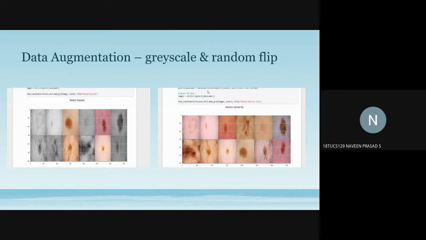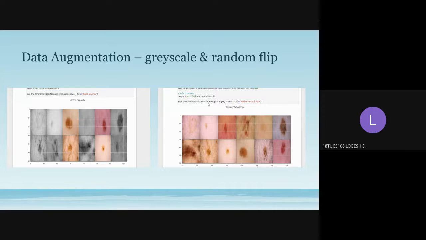And this random vertical flip is the fourth data augmentation that we came up with. This is to increase the same thing. Like the first one we said, different angles, like different sides of the lesions. We came up with this because the model should not depend on the shape of a lesion. It should be capable of handling all 360 degrees, however it is going to be used in the real world. It should be able to find that angle or shape, whatever it is. So we went with a random vertical flip. The images will be flipped by 180 degrees, so it won't depend on those shapes either. Next one, please.